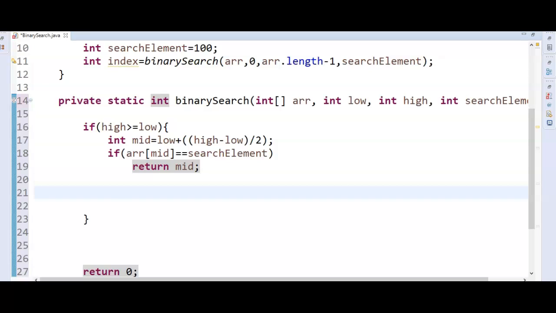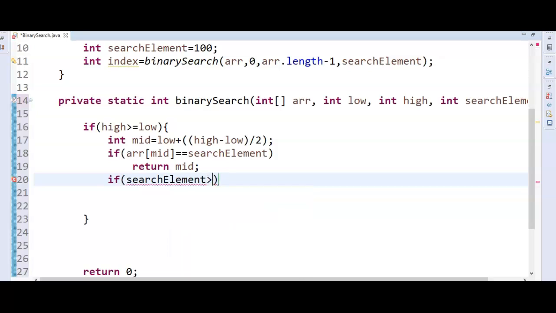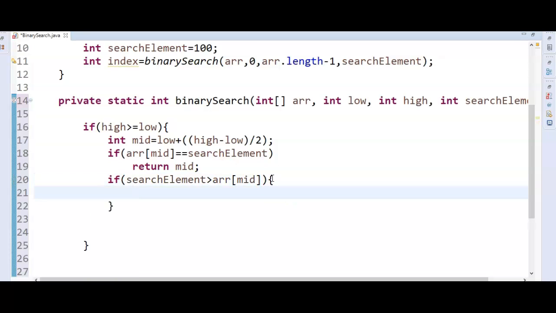So if the search element is greater than array of mid, what do we need to do here? Search in the right side of the array. I'll fill this in: search the element in the right side of the array.